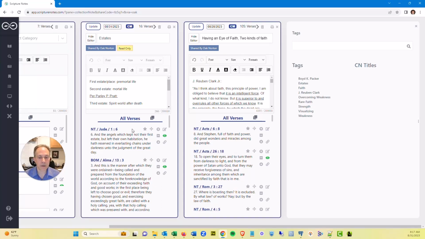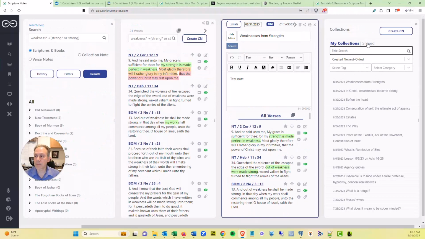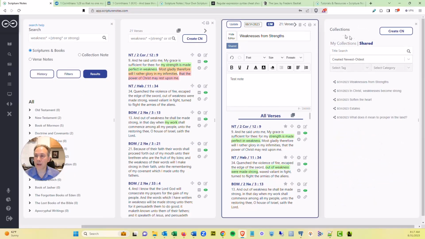And one more thing I'll show you, if you ever need to find your collection notes that you've shared with other people, you're going to come out here and hit shared in your master collection note screen. And so that's a way to quickly access, like, what did I share? I don't even know. And if you have an expiration or have made it read only, that'll be noted here. And you can always get the link again right from this, or you can click here to open the collection note again and modify it that way.